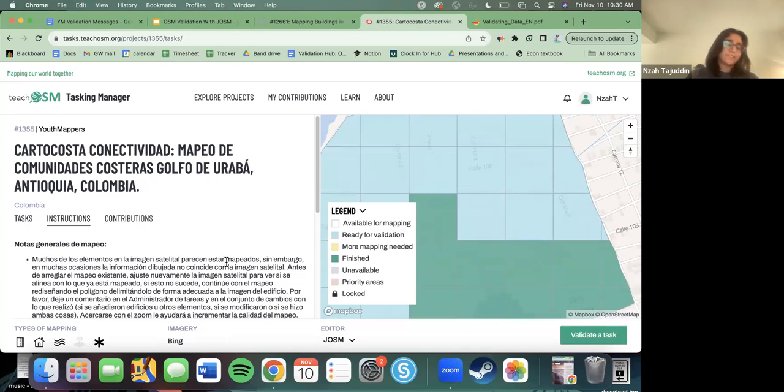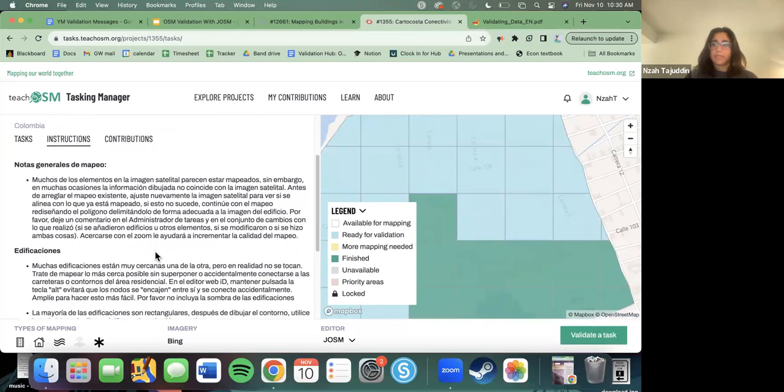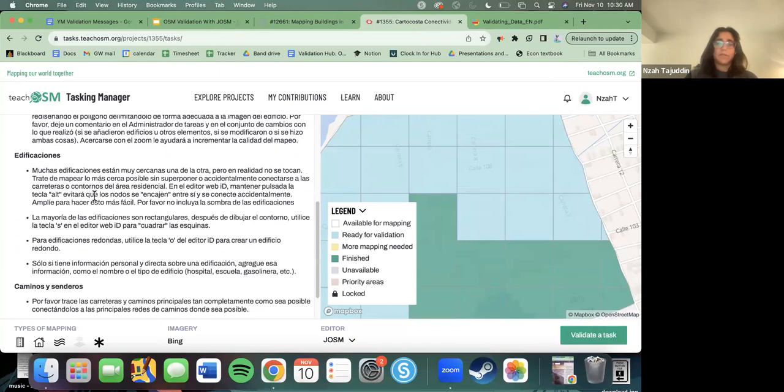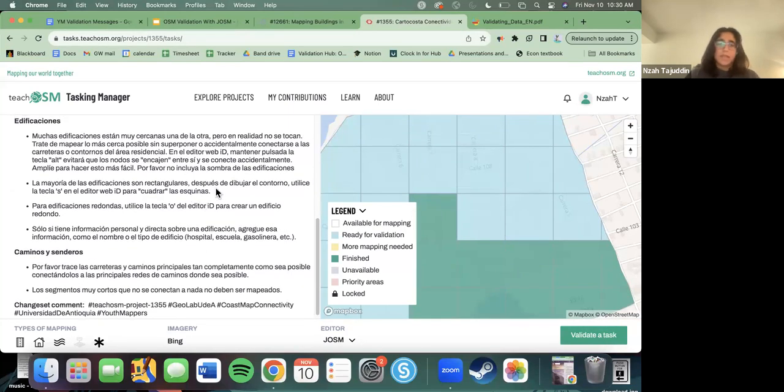This one, the instructions are in Spanish, but it says just about the same thing. Where it says right here to make sure you adjust your imagery if it's off. And there's some general warnings about creating buildings and mapping roads and how you should tag those roads, similar to